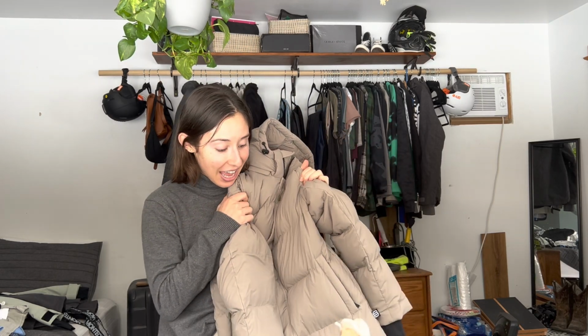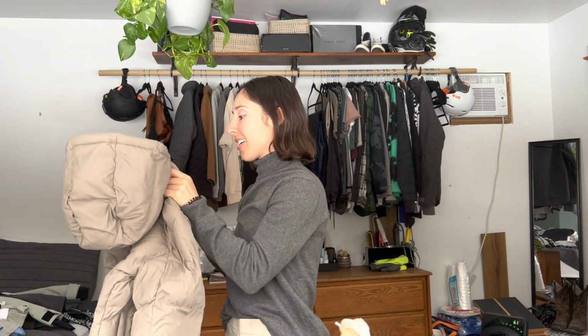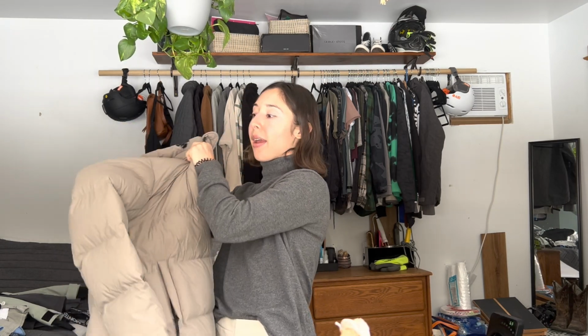So, this one. Okay, this was a gift. This is my last down jacket. It's like a full length jacket. I'll put it on because it'll just be easier to talk about it with it on. I haven't worn it yet because, again, I've been saving my incredibly warm things for when it's actually really cold. I got it in the taupe color. This is like the super puff in the